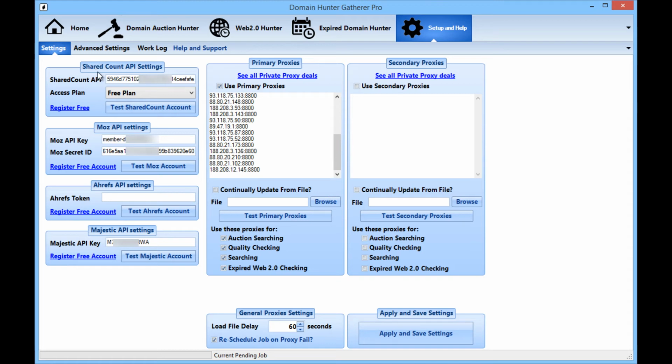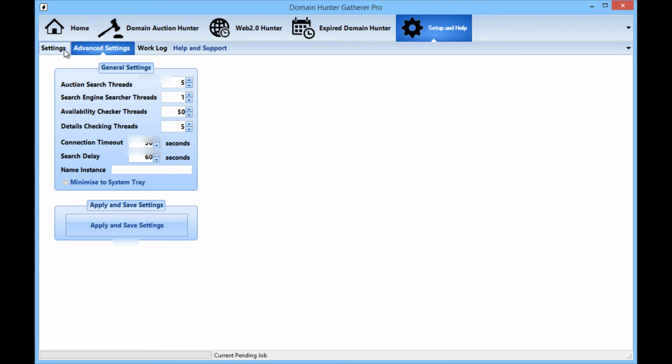So if you're going to use any, definitely use the SharedCount API, and if I was to advise any others, I'd probably go with Majestic as an add-on to SharedCount. Okay, from that, the only other thing that you might want to set up,